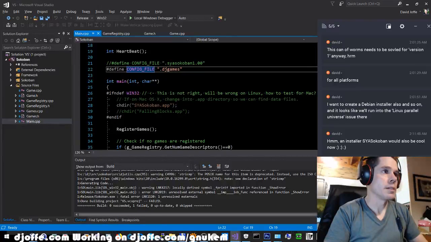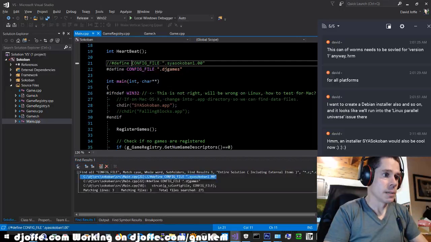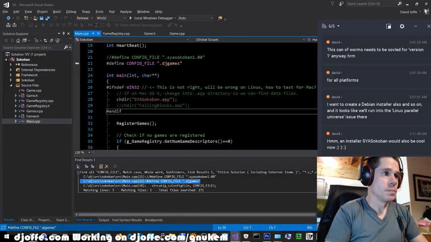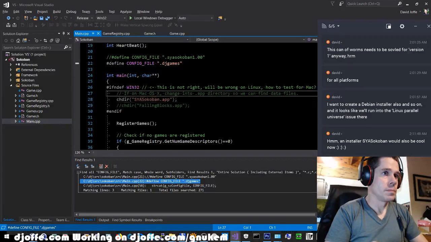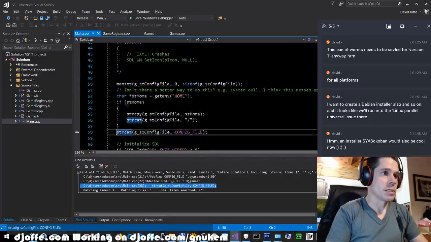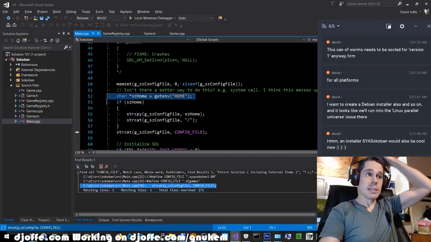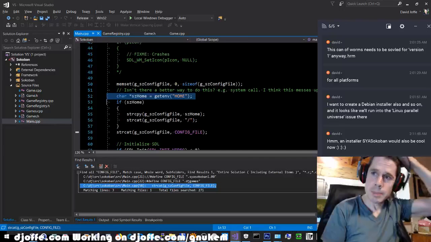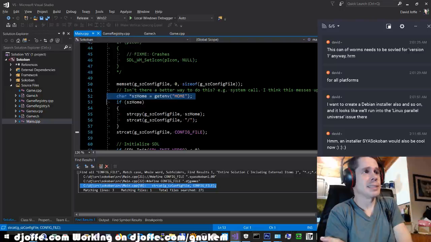Okay, so this config file, let's see what it does. That also doesn't look right. Oh, that's what it does. getenv HOME. I wonder if that's the best way to do it. Is that something out of the